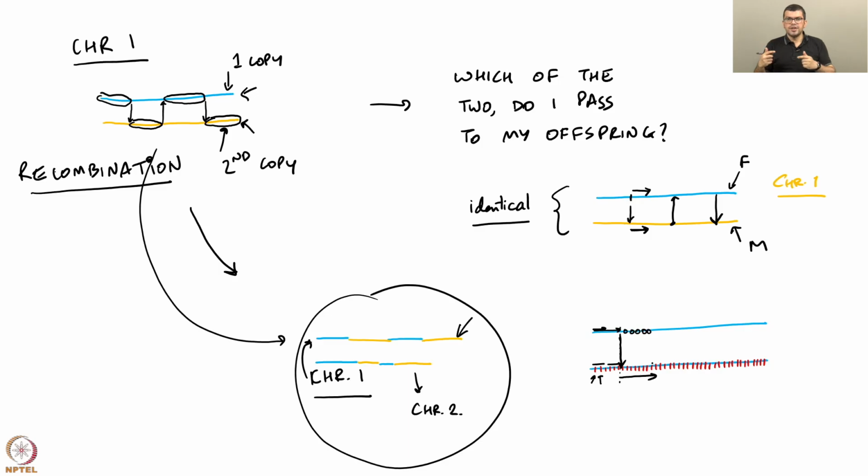So the number of variations that you can generate via this process is astronomical, and remember that this is happening on one chromosome, but this is also happening at every other chromosome except the 23rd, because for X and Y there is no recombination. So the number of genetic variations that you can create just by process of recombination is astronomical.